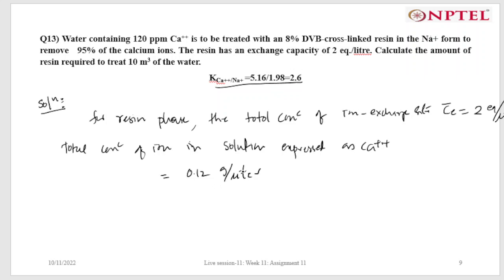So convert this unit into gram equivalent per liter, because the unit of concentration given is equivalent per liter. Gram equivalent is equal to weight divided by equivalent weight. To calculate the equivalent weight,